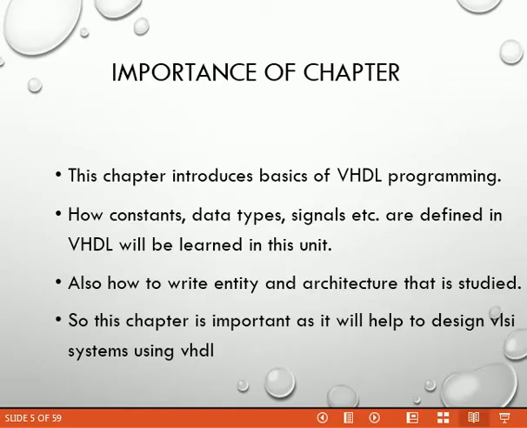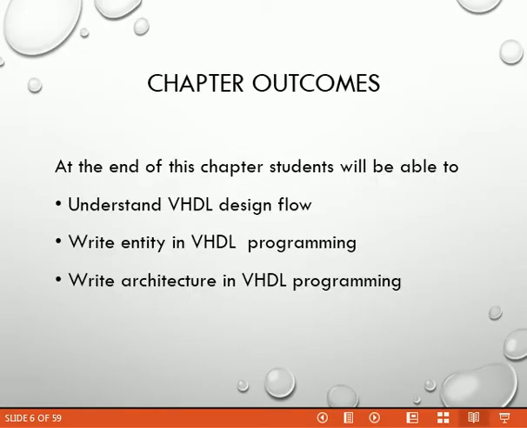As we are electronics engineers, we are dealing with a lot of circuits. So a lot of transistors, and if we are designing it through VLSI, then we can minimize the complexity of the circuit, and that is why this is important.